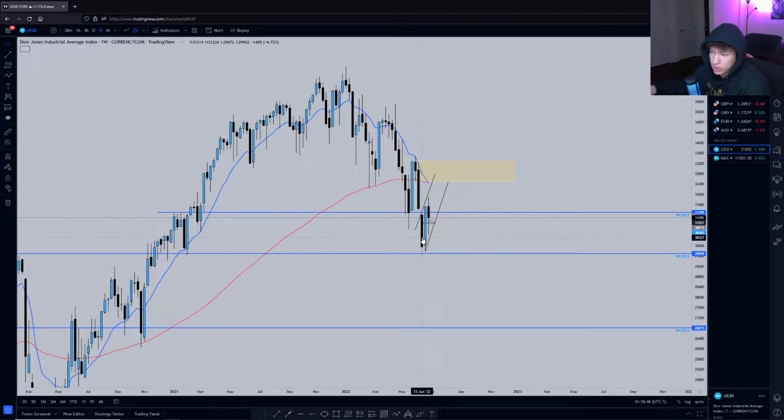So with the bias set that we already want to look for sells, because as a market structure as a whole, you guys can see we have a shift from lower low, lower high, lower low, lower high, lower low, lower high, lower low. I want to continue to look for sells. Now, where do I want to sell? Ideally, I want to see price get back up into this yellow box so that I can get price at the most discounted rate possible to continue to sell and anticipate price to continue to drop even more,